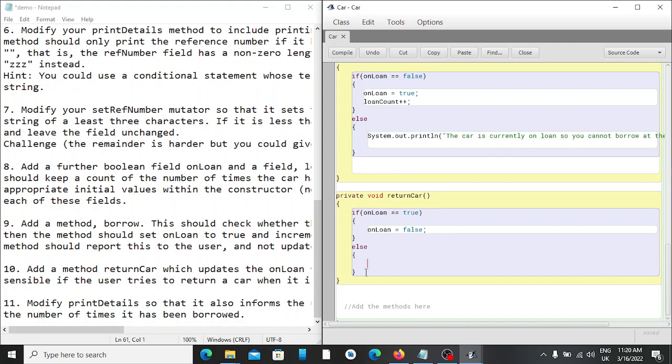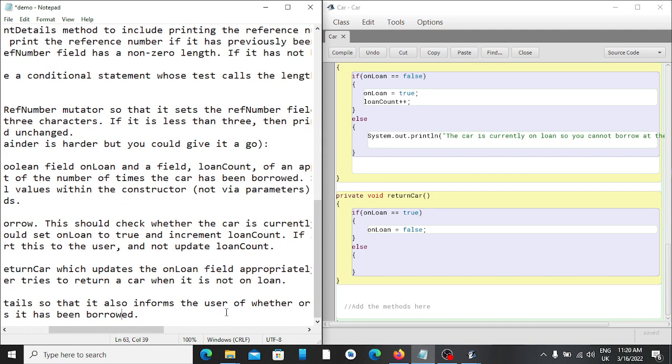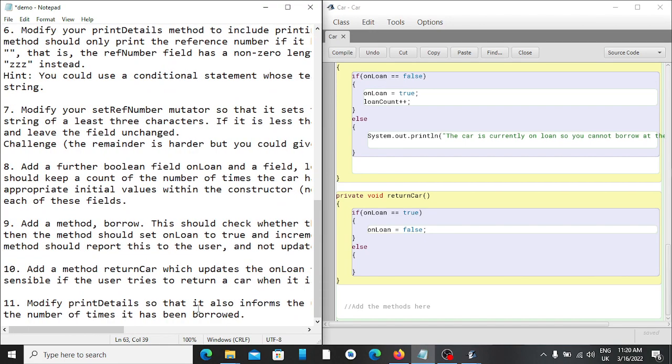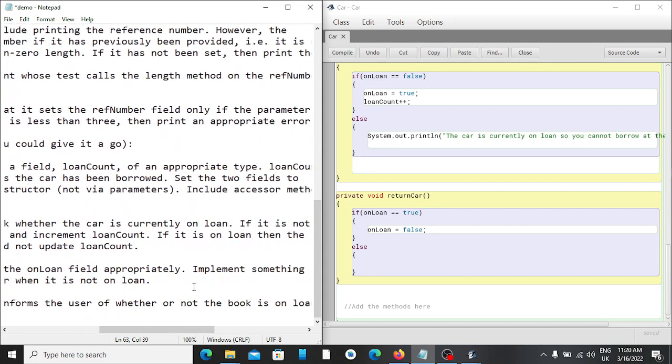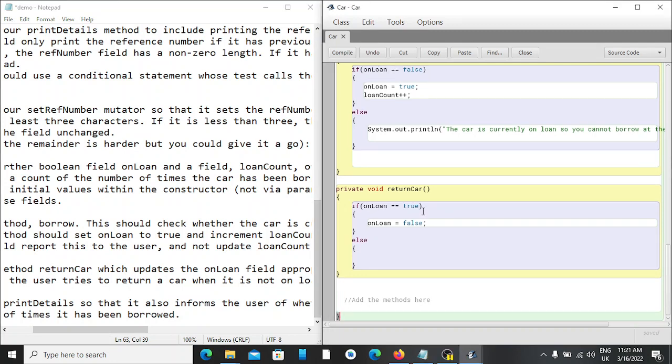We want to implement something sensible over here, which tells the user that maybe the car is currently not on loan, but you are trying to return it. So else we want to print to the user to the terminal. So we do a system